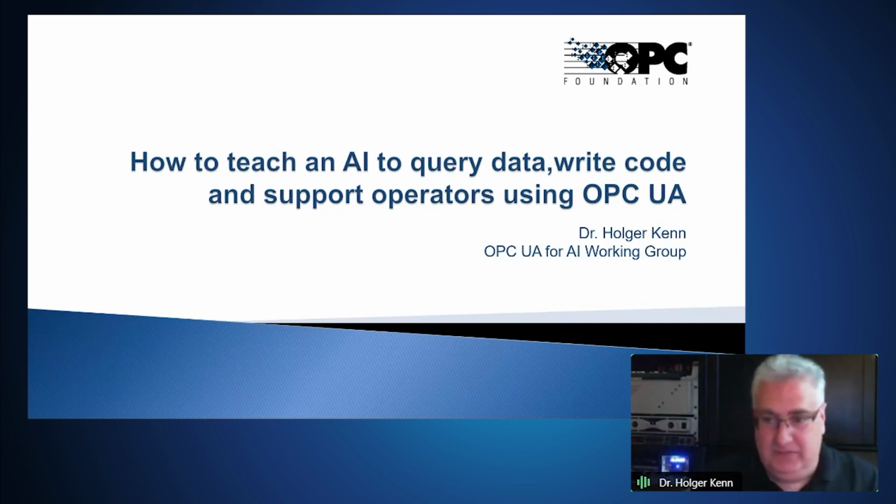And I think this fits very well to what Jim just said regarding the ability to actually run AI on the edge, because that is also something I'm going to touch a bit later. So what I'm going to talk about really is that we have a working group that works on generative AI and OPC UA and the use of the one for the other. But I want to get a bit more into detail and say, well, what can we actually do with this?